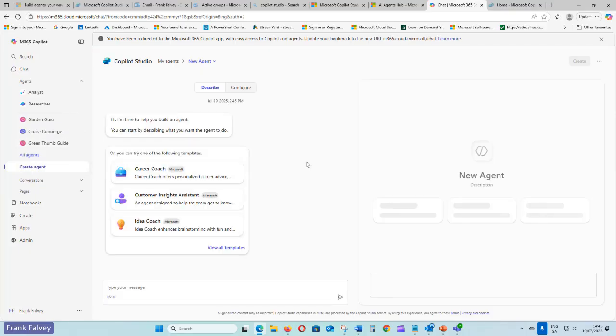Okay, you see it has 2 tabs there, describe and configure. We're going to type and make a simple one. I'm going to make a garden agent.